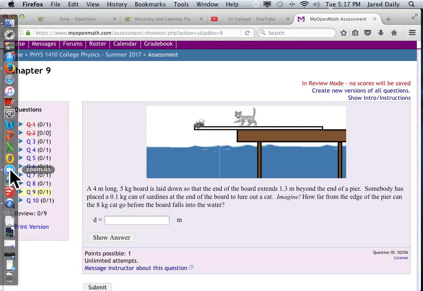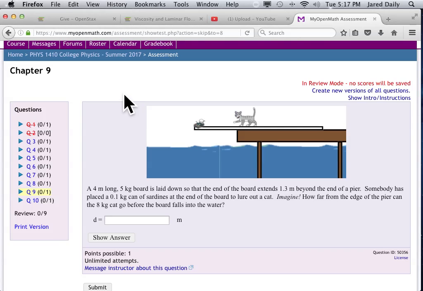So I did this. Let me just recap a little bit, really quick, with this problem. I did this two different ways. The first time I did it, I decided to split the board in two and treat it like two separate boards, with two separate weights on it that created torques, which is perfectly legal. It's just a little more work. The second time I did it, I decided not to do that because I realized it wasn't necessary, and I treated it as a single board with a weight in the middle and a weight from the sardine can out here, and then the weight of the cat somewhere in between at some distance x from one end of the board or the other, or from the end of the pier or whatever.